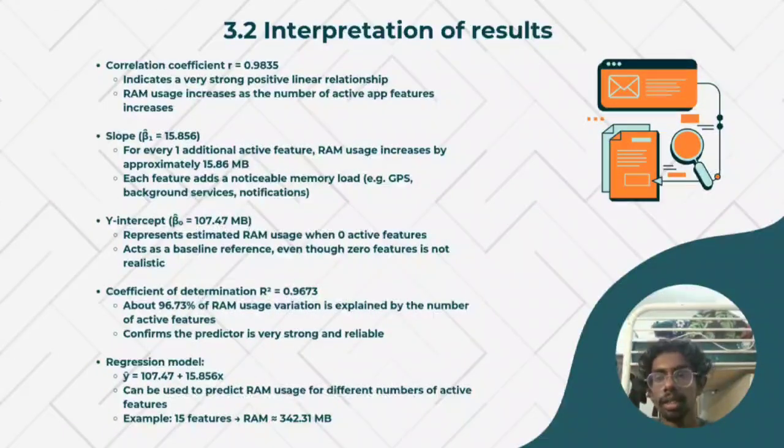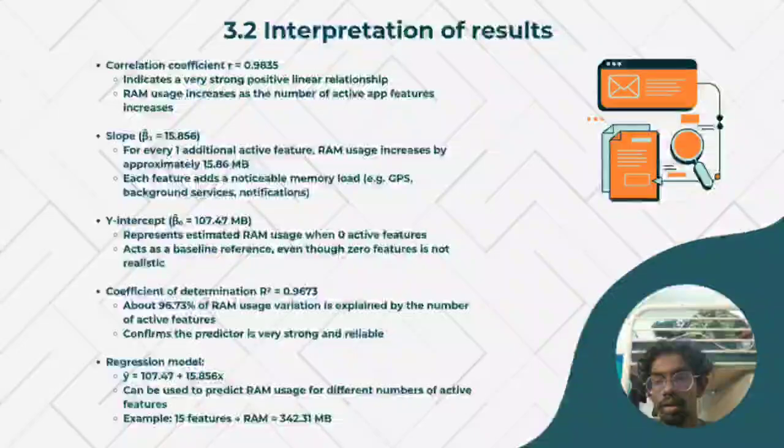In this problem study, the correlation coefficient R value between the number of active app features and RAM usage is 0.9835. This value sits in between 0.7 and 1.0, indicating a strong relationship and a positive direction. So, we can decide that the number of active app features and RAM usage has a very strong positive linear relationship. This means that as the number of active features increases, the RAM usage of the mobile application also increases